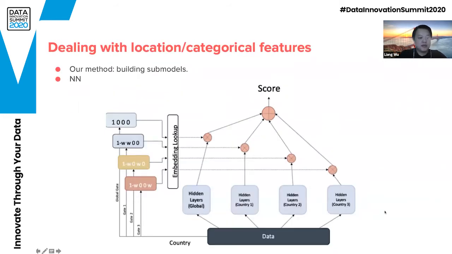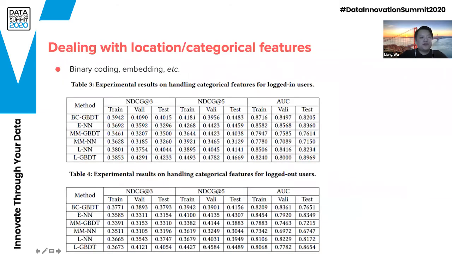And similarly for the neural network, what we do is we add these sub-models. The first tower is like the global neural network model, and then we added some sub-towers, sub-models for different markets, like for country 1, country 2, country 3, and we will use some gates to control which model will be triggered based on the country information. And we first test these models offline,